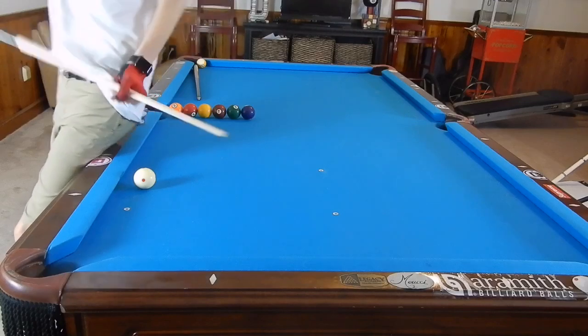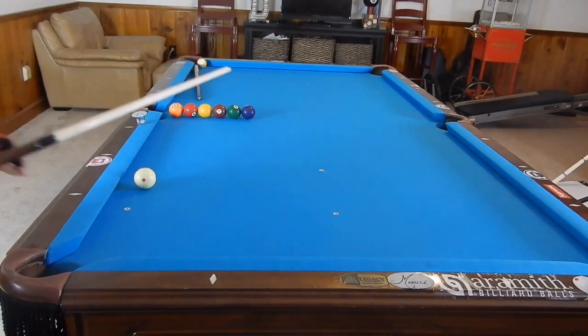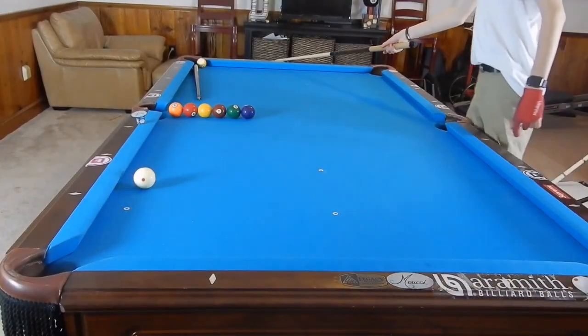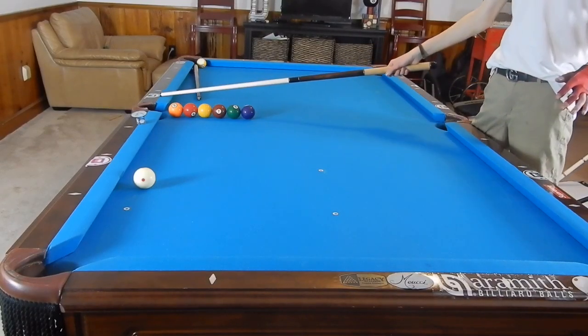now we're using low right spin. So that right spin pulls it backwards. The right spin is what pulls it back. If you just use bottom, your cue ball will not come back enough, and your cue ball will strike this rail around here. If you're using too much right spin, your cue ball will curve and hit this rail somewhere